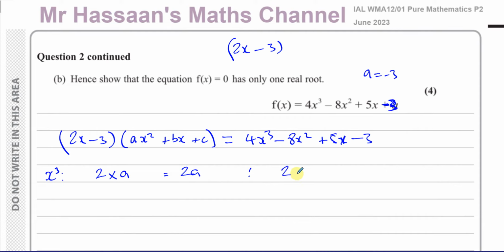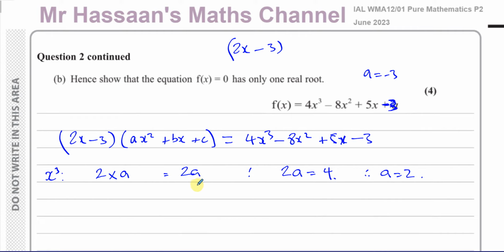So we know that 2a must equal 4. So the x cubed coefficient has to be 4. So the x cubed term from here will be 2 times a, which is 2a, and 2a must equal 4, which means a must be 2. Okay, if this is 2, you get 2x times 2x squared, which is 4x cubed. All right, and the other